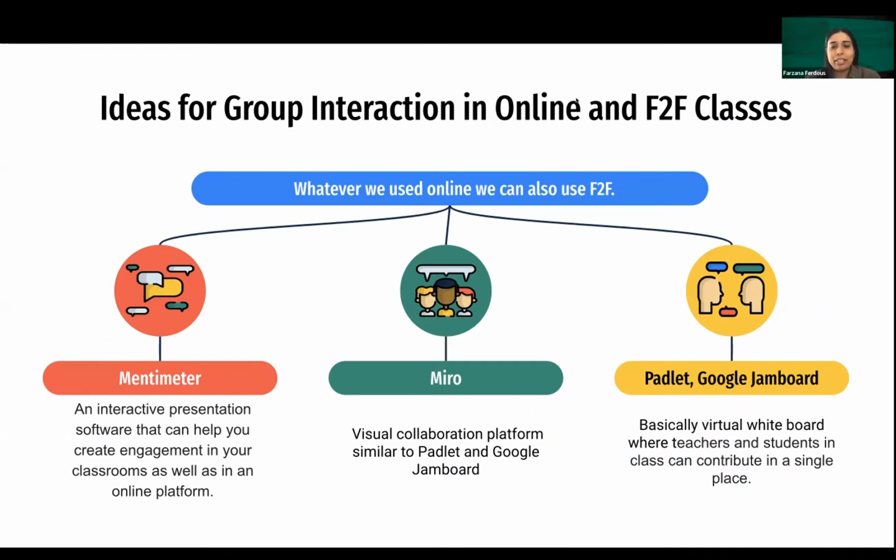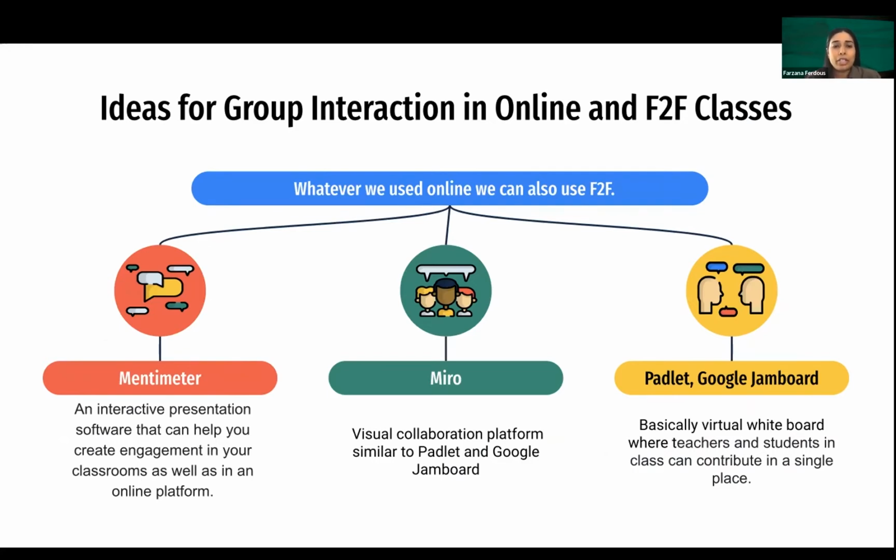Thank you. I'm Farzana, like Tanya mentioned, and I'm going to talk about some of the tools that are available to us and some that we've used for group interaction in online and face-to-face classes. We were just hearing about group activities and how different some of these tools are from the previous talk.